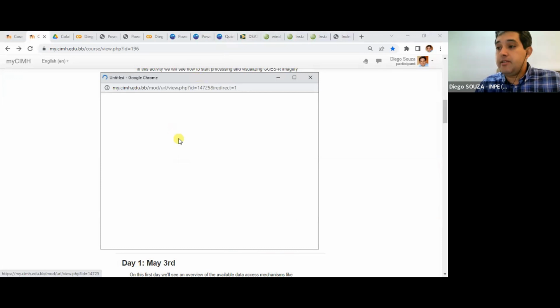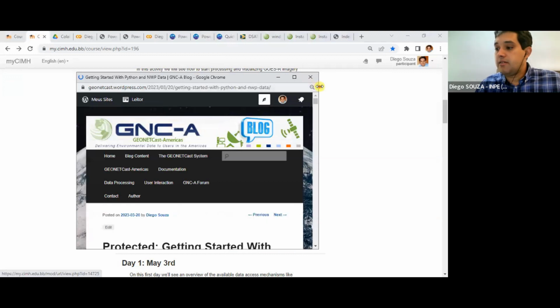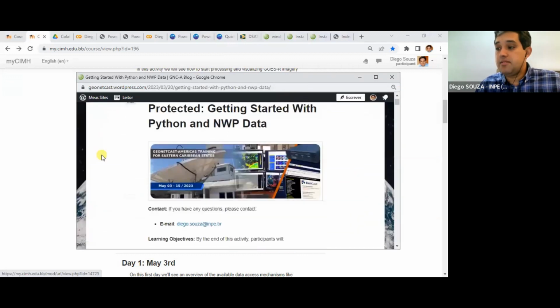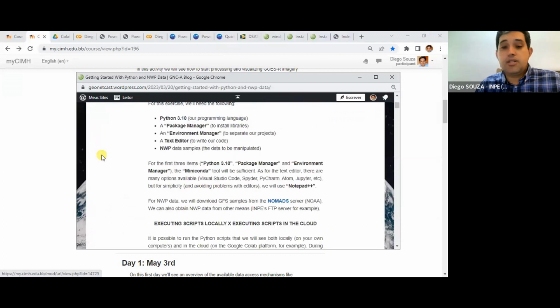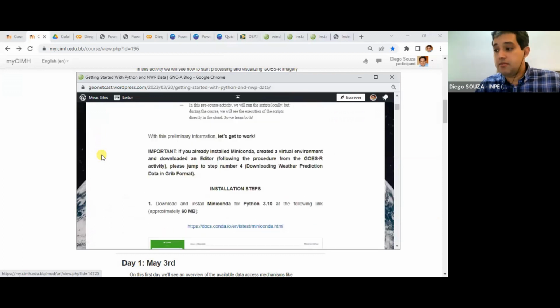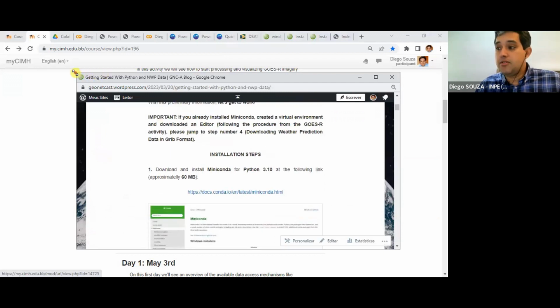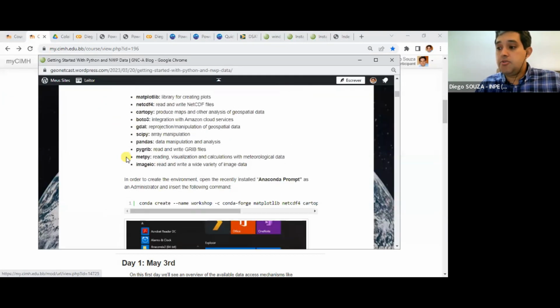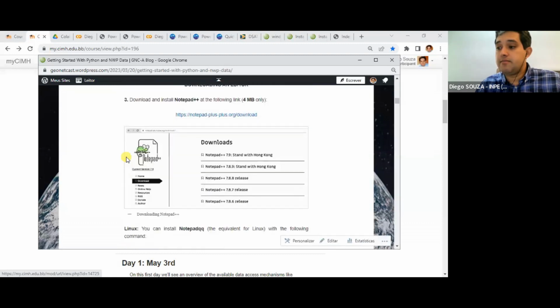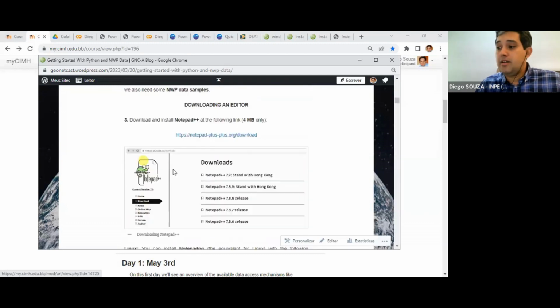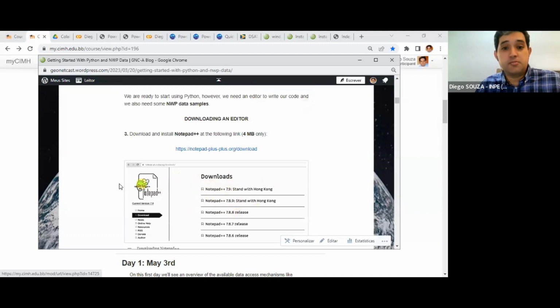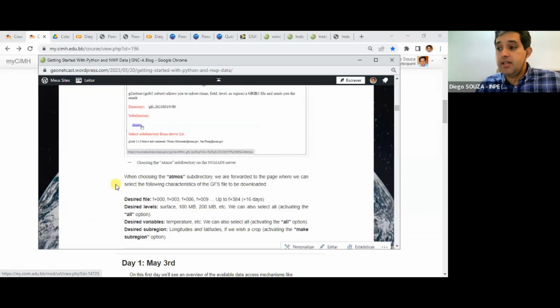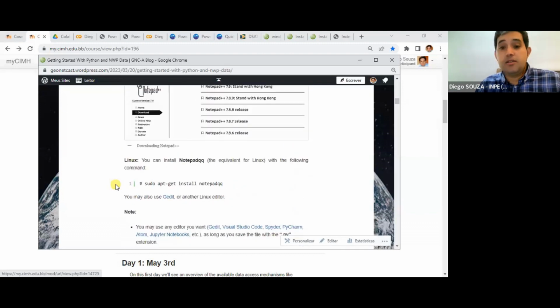you will be redirected to the blog, right? Here. And you have all the steps necessary to run these scripts in your computers, right? So here you will see how to install the tools, how to download data from the Nomad server, how to install an editor, in this case, Notepad++, and run all the scripts. The important detail is that some of you send emails to me saying that you already have successfully